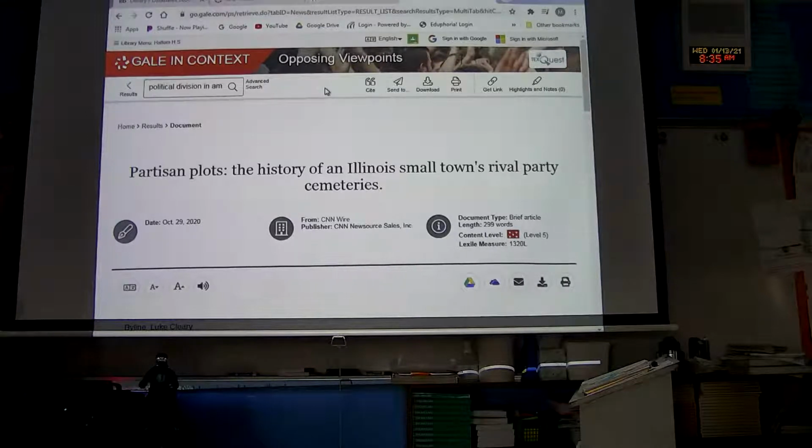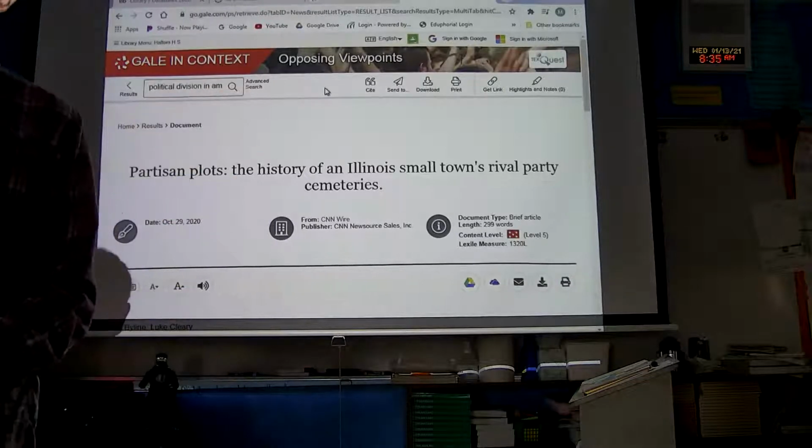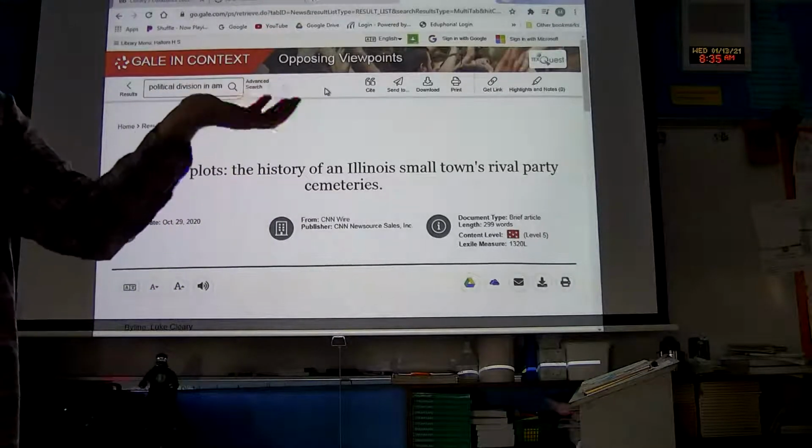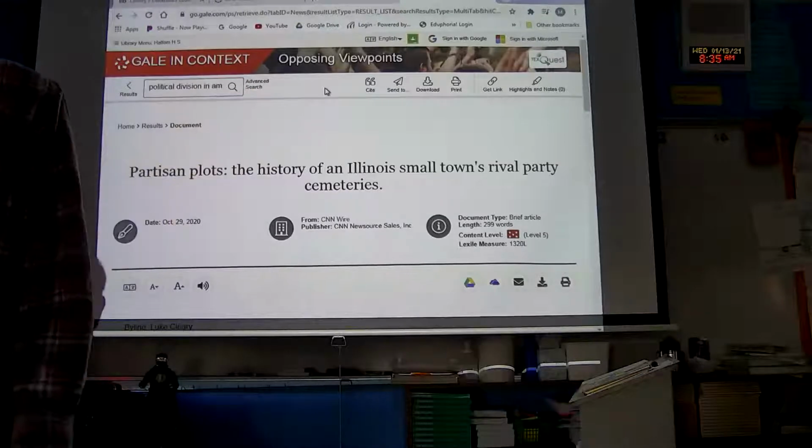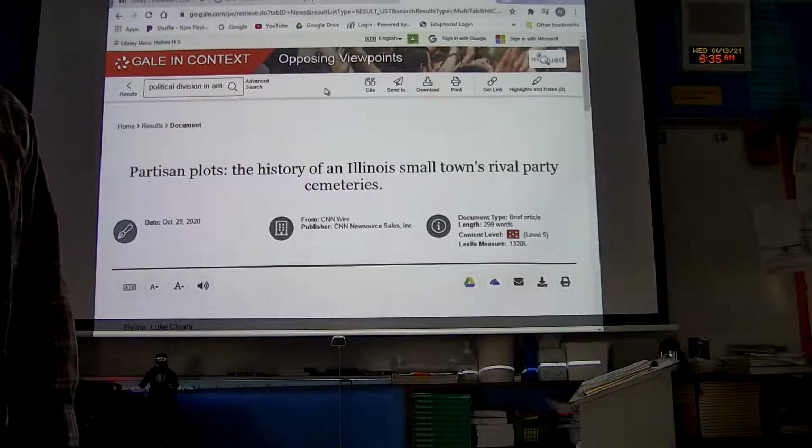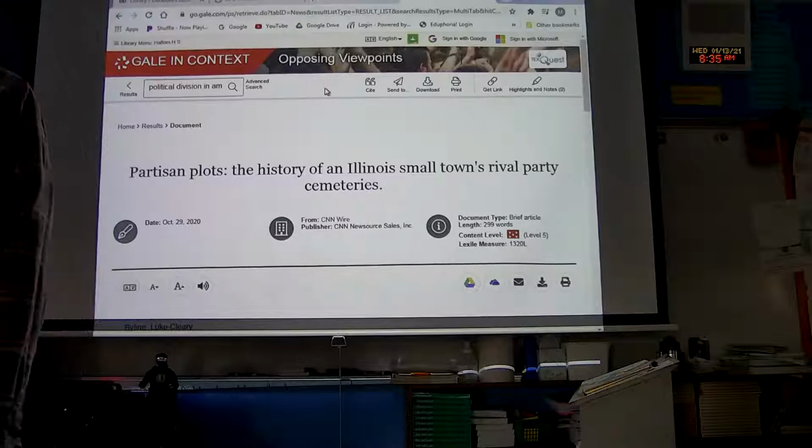So yeah. The good thing about having a database is that it has things that are verified, that are good sources, from a credible place. The other good thing is that often databases can help you with creating citations. Doing research has two sides. We need the information, but we also have to show where this stuff came from. In order to do our citations, we're going to use another tool from the library to help keep track of